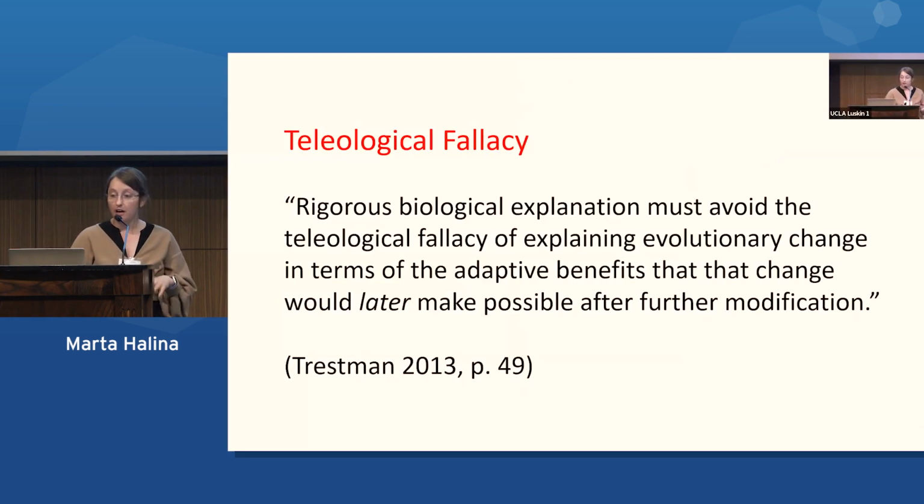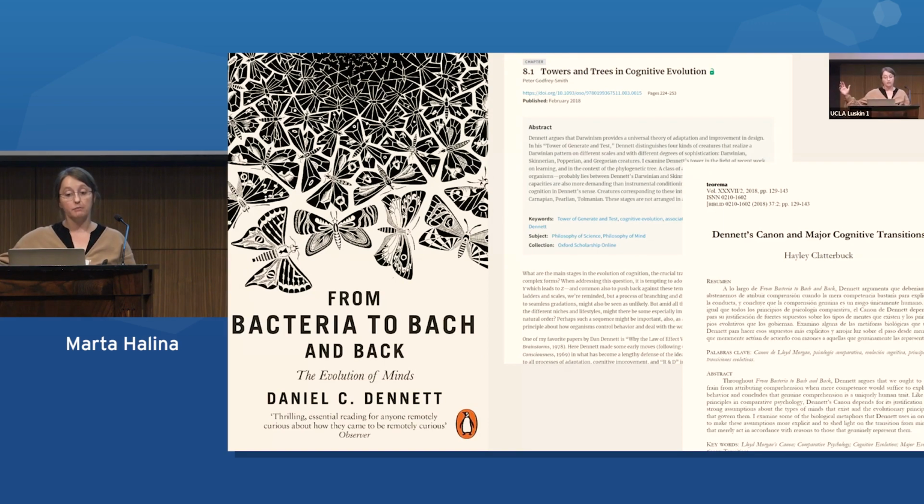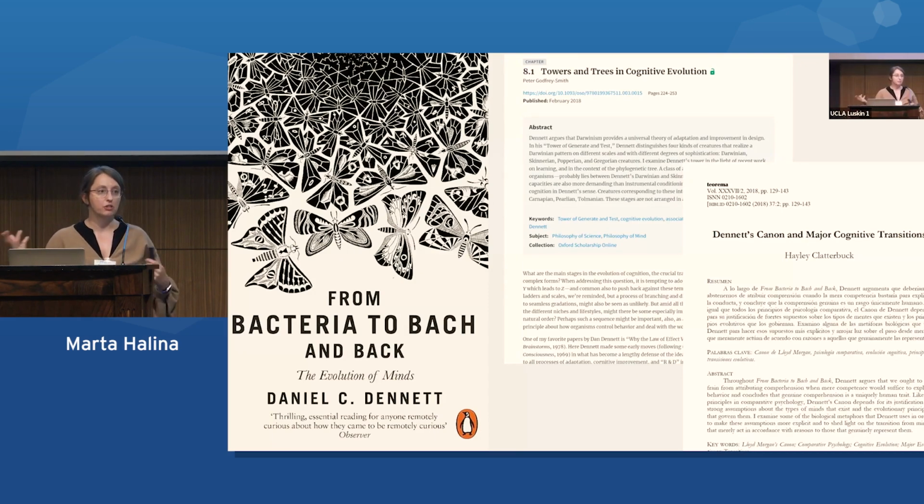So let me just say this first. Here's the dilemma: if the new capacity arose because it was beneficial at the time, because it's beneficial to engage in conditional learning, then this seems like ordinary natural selection. You're just selecting for the cognitive capacity or the learning ability. On the other hand, if the new capacity benefited only downstream lineages by what it enabled, so it was a benefit later on, then